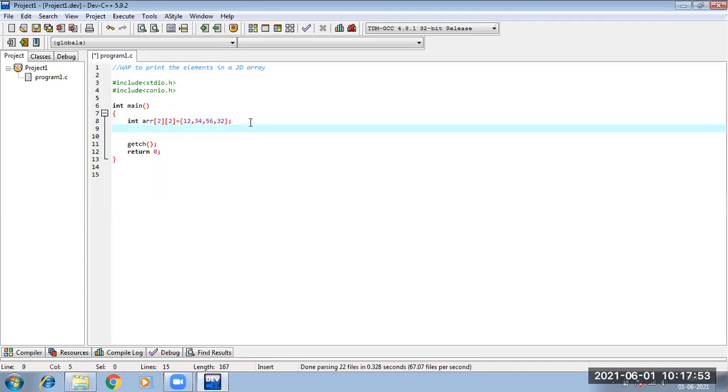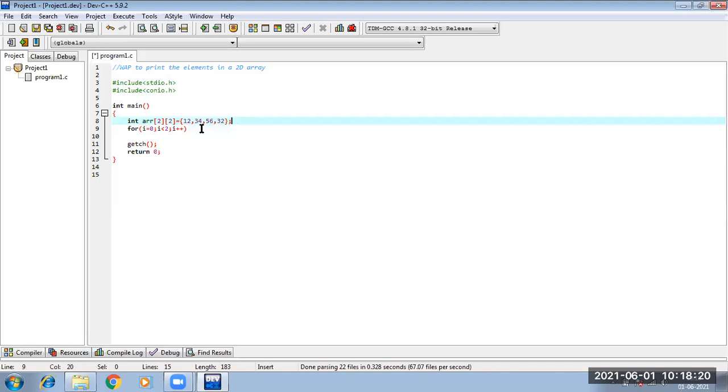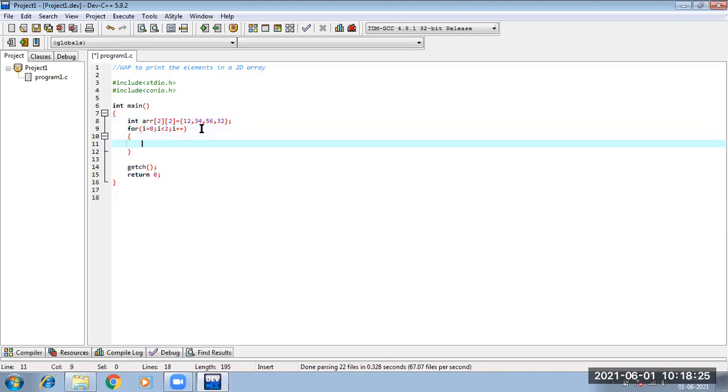Now, in order to print my 2D array, I need to run a loop. There will be 2 for loops. One for loop for i, which will denote row wise, and another is for j. This for loop is indicating row. Inside this for loop, I am taking another loop, that is my j loop.